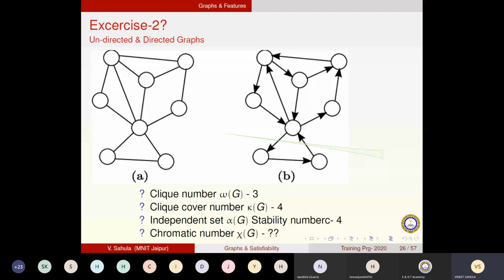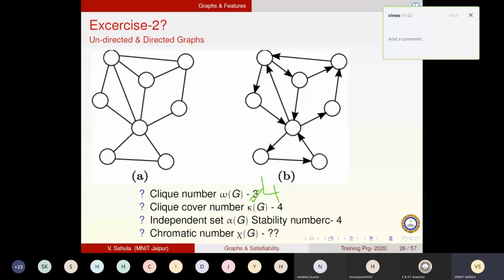Try it. Now I come to independent set number. Independent set number is the number of vertices which are not connected at all among themselves. It's a reverse definition. Clique means they are connected to each other directly. An independent set is a subset of vertices such that they have no connection among themselves at all. So if I take this vertex, I have to drop these vertices because they are connected. But I can choose this one because this is not connected to my chosen vertex. I have to drop this vertex because this is connected to the second vertex.